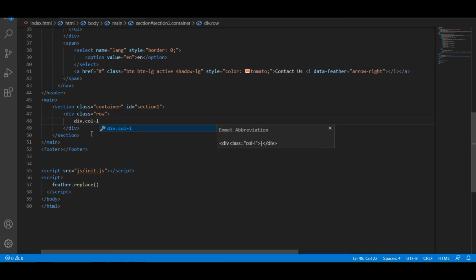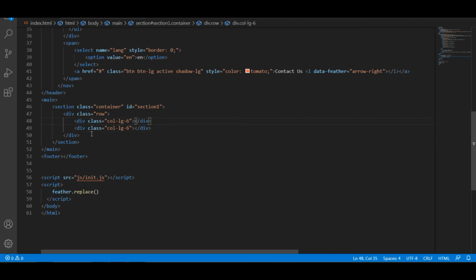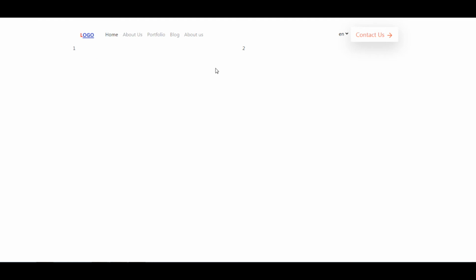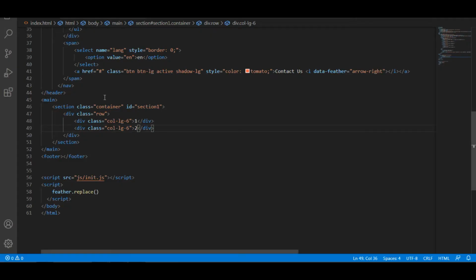I am going to use 6 columns, and let's test this: first column, second column. Okay, what we have applied is that we have separated the entire row into 2 columns, first on the left and the second on the right. So we have created one row and we have split it into 2 sections.